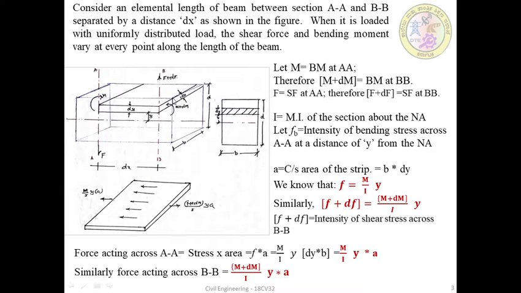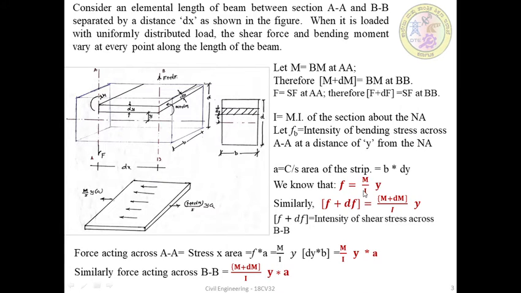This is the cross sectional area of this elemental strip. Small a is the elemental strip over the cross section of the beam. So its width is b and depth is dy, b into dy. We know that from the Bernoulli-Euler bending equation, the intensity of stress in any fiber is given by the equation